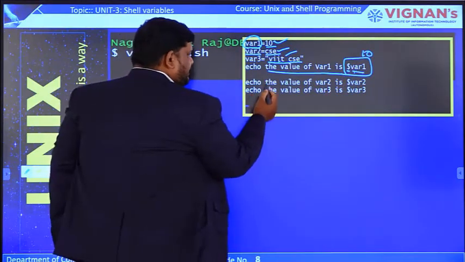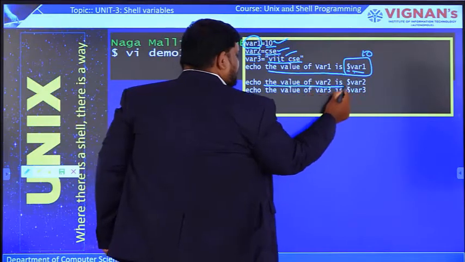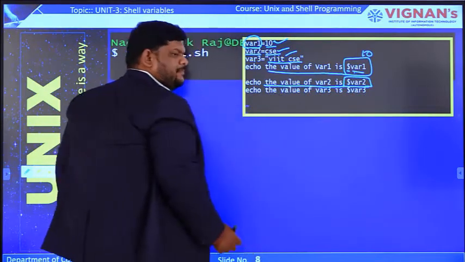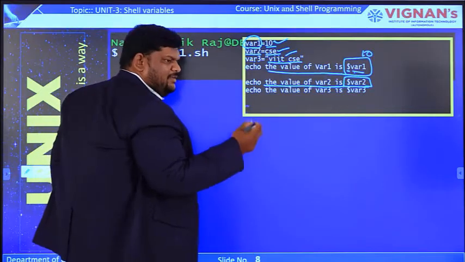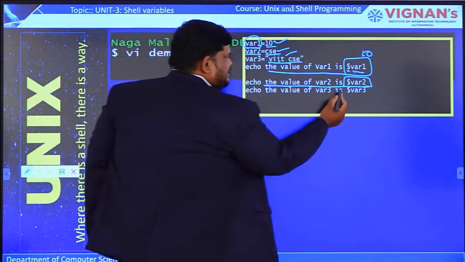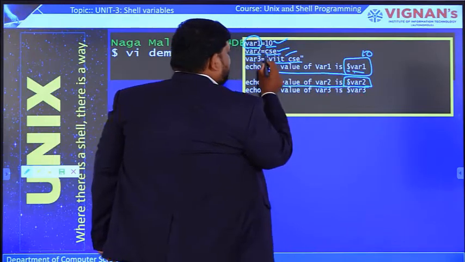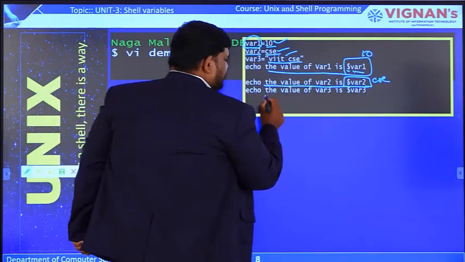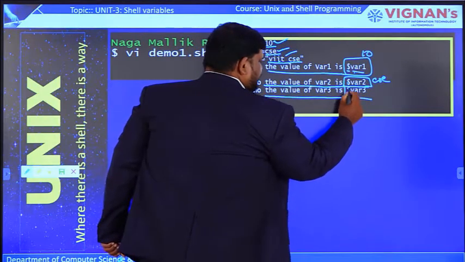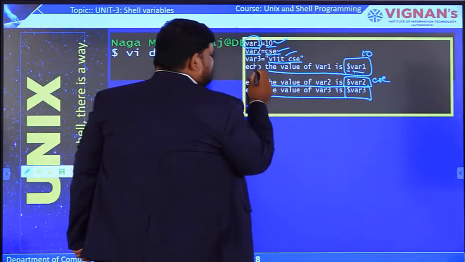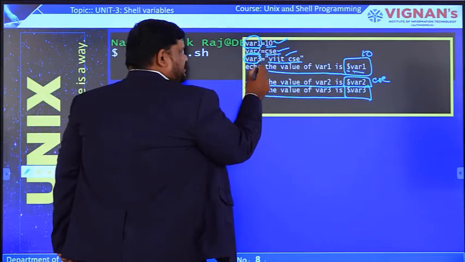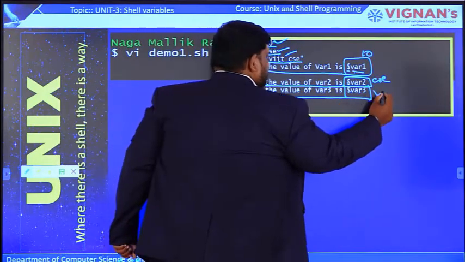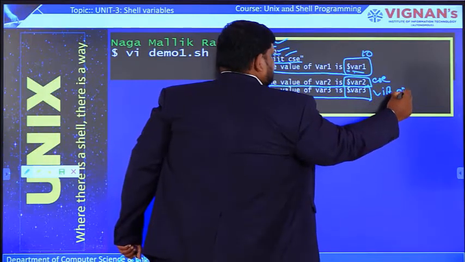Like that, echo takes this argument, and here we are accessing the value present in the variable. The syntax is $variablename. We know that the value present in var2 is CSC. Similarly, for $var3, the dollar indicates that we are accessing the value present in that variable, so it comes out like this: VAIT space CSC.